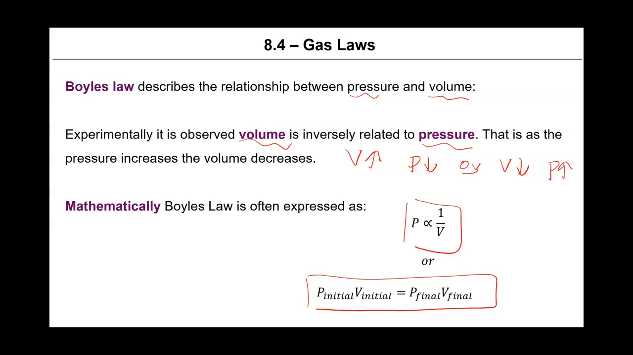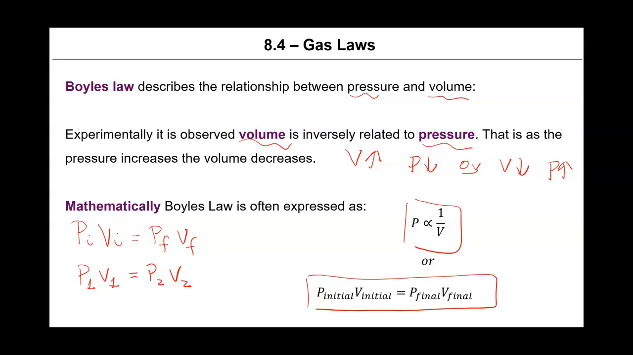Now, that's a bit of a mouthful, so sometimes people will abbreviate pressure initial as PI, volume initial as VI, pressure final as PF, and volume final as VF, or in place of the I and F, they'll use 1 and 2. So we start at 1 and we end at 2. So you kind of see a variety of ways in which Boyle's law is written if you're looking at resources